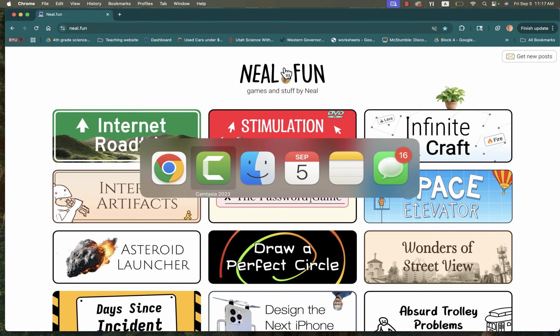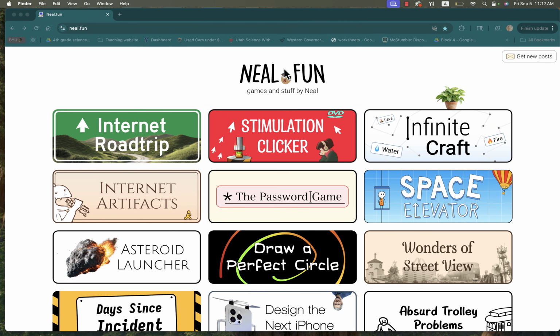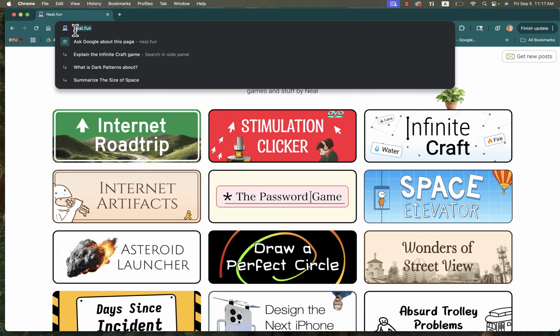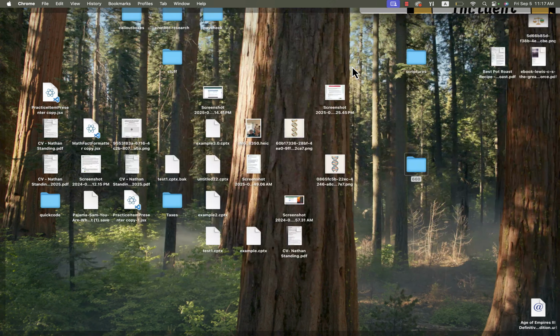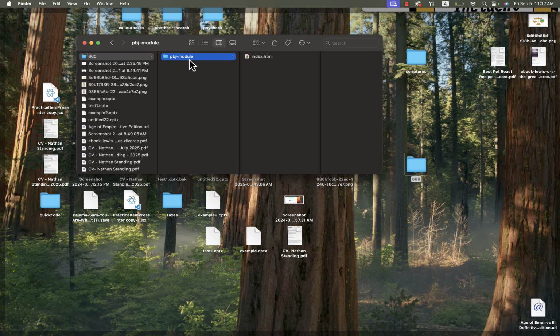Okay, so I am going to show you how to host your HTML file online, so that you can actually have a URL associated with the HTML file that you created. So, just to recap, remember you created a folder on your computer, and in that folder you have your PB&J module or whatever